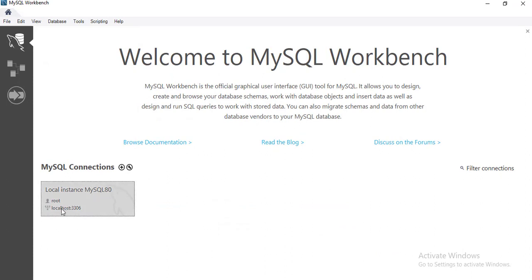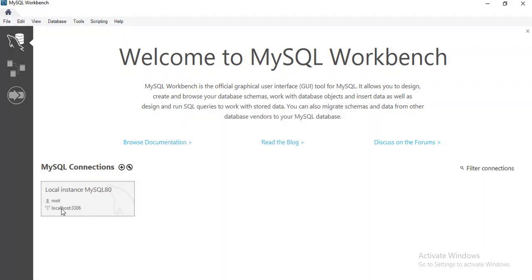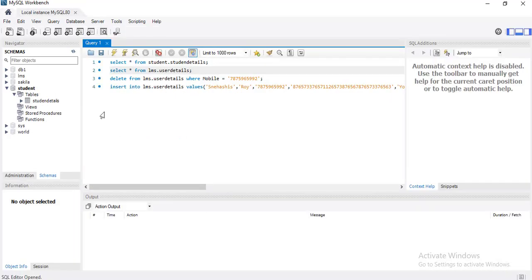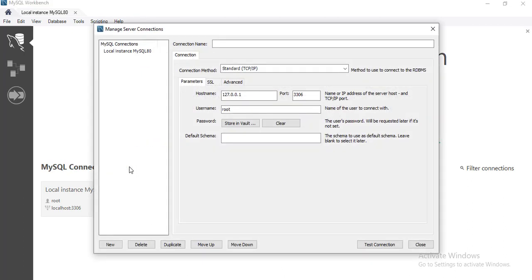You can give localhost as well, or if you click on this properties icon, you can see the host name, which is your host IP, 127.0.0.1, the server where your MySQL is running, and the port is 3306.